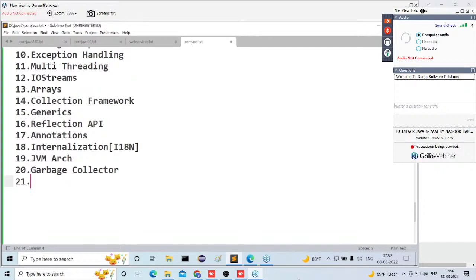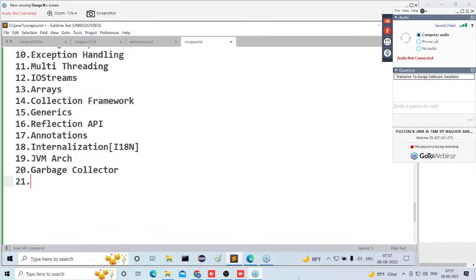Because of only one reason. In Java, an automatic object destructor exists. The responsibility of this automatic object destructor is to destroy the objects whenever that object is not required. Whenever that object is not required, automatically this object destructor will destroy those objects without the developer's interference. Observe my point: without the developer's interference, the object will be destroyed automatically by the respective object destructor.